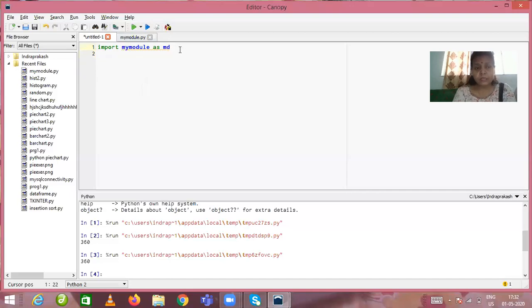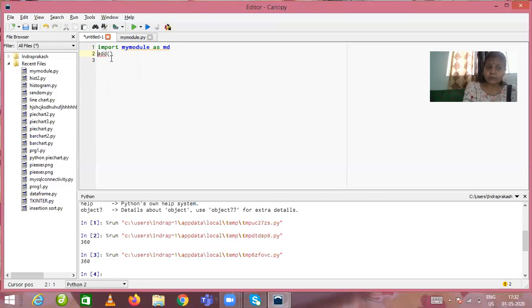Okay, now I have to call a particular function. Suppose I have to call the add function of my module. So I have written md dot add. This is the syntax, children. We need to specify the object name before calling the function. If we call the function normally like this, it will produce an error, because the compiler doesn't know where the add function is.